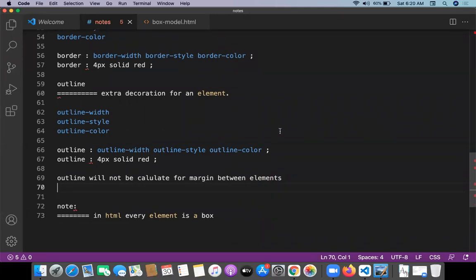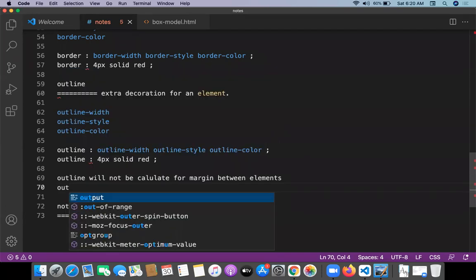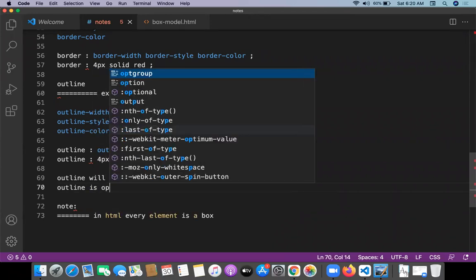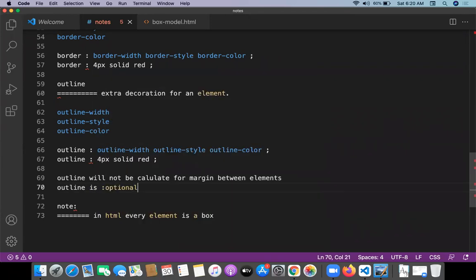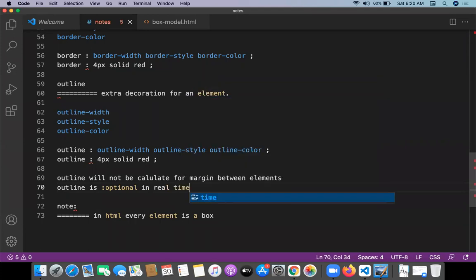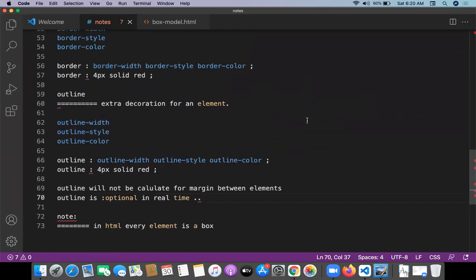Only the border is calculated, border to border, along with the margin. Outline is not calculated, so that is the reason outline is optional in real time. Nobody is going to give this one, but it is one more property which is available.